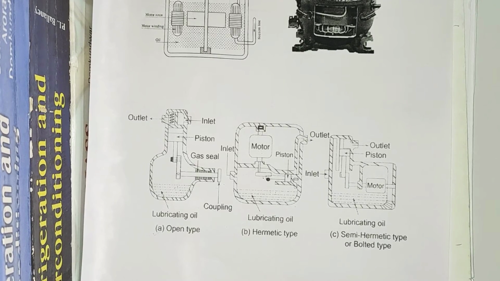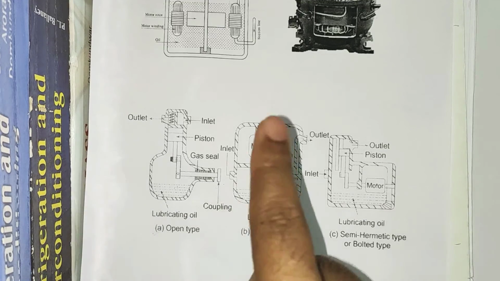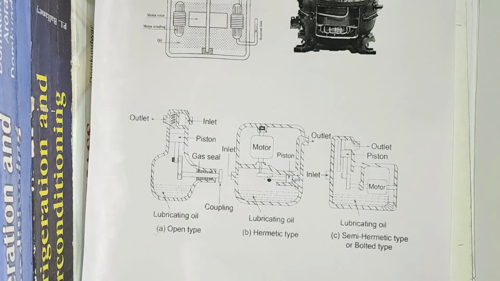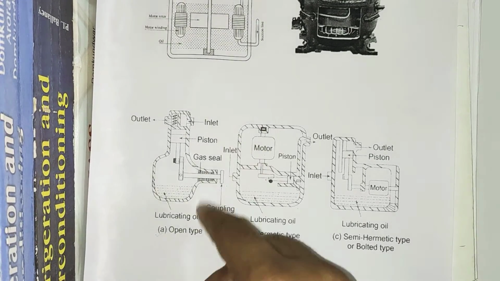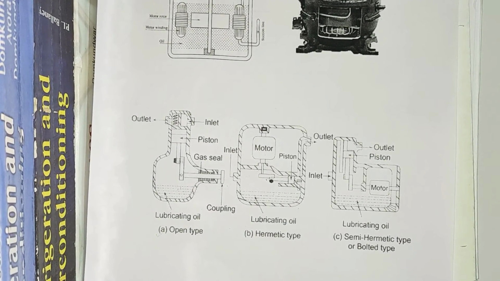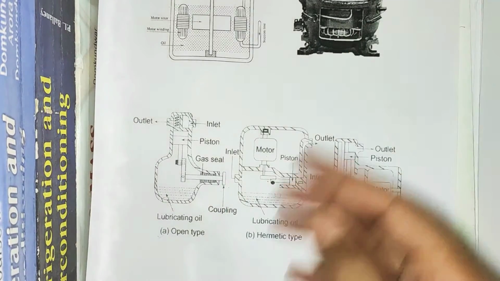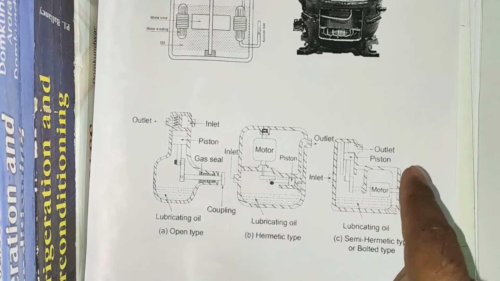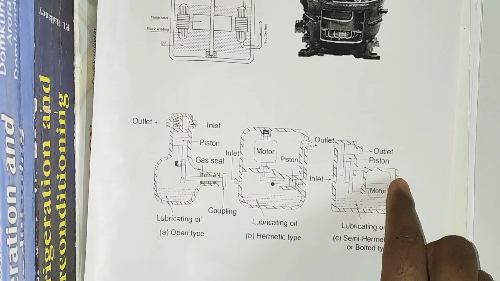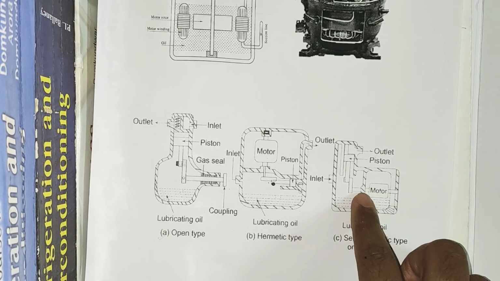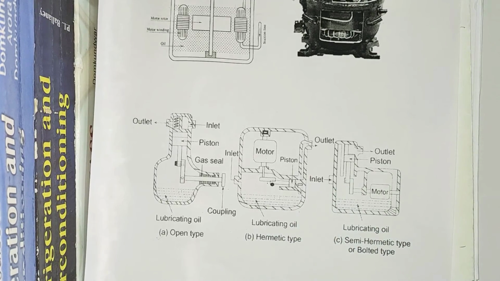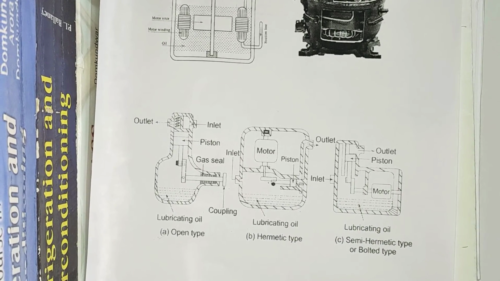There is a similarity. But the difference between these two types is that the hermetic one uses a single piece welded steel casing that cannot be opened for repair. So if any hermetic compressor fails to operate, then the entire unit is to be replaced by a new unit. Whereas in case of semi-hermetic type, it uses a large cast metal shell with a gasketed cover, and that gasketed cover can be opened to replace either the motor or the pump component, that means the compressor component.